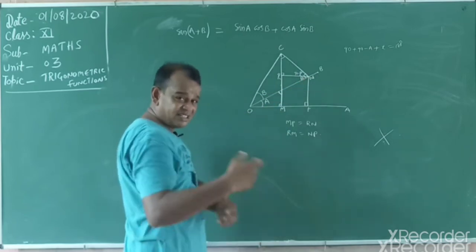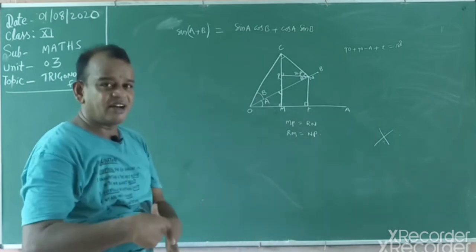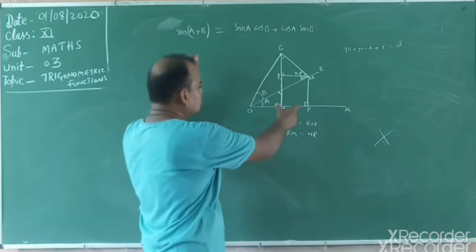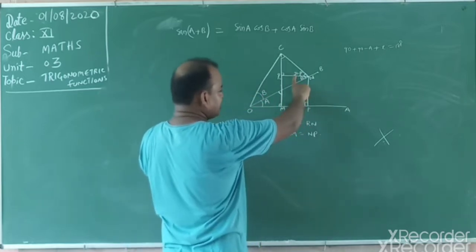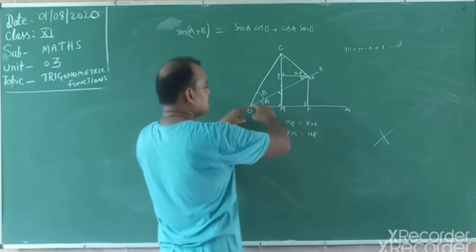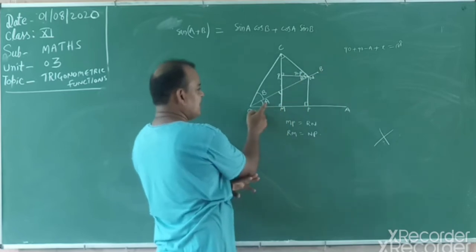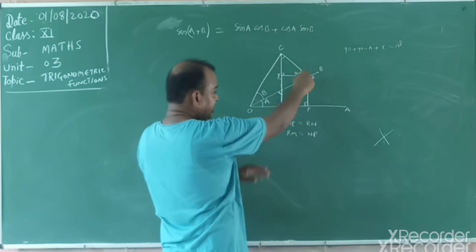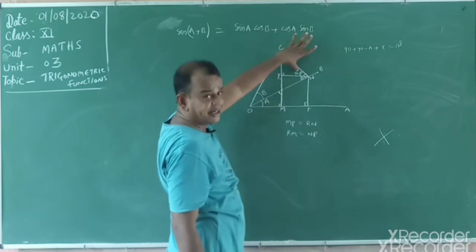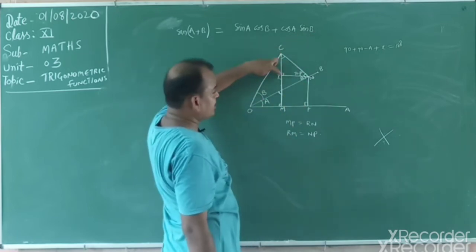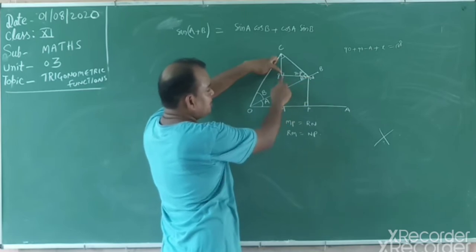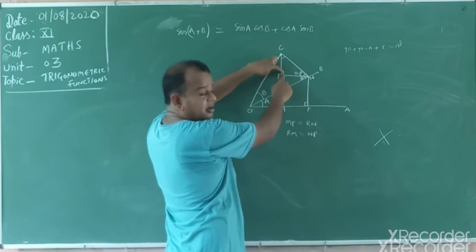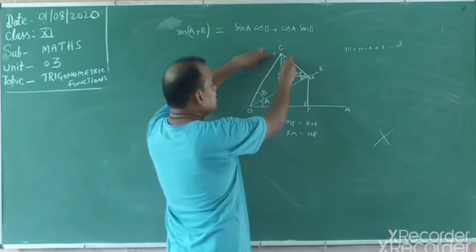First think about the figure, after that we will do it easily. These two lines are parallel lines, 100%. This is the transversal line. This is A, this is 100% A. This total angle here is 90 degrees, 100%. This is 90 minus A. This is 100% 90 degrees. We draw the perpendicular from here to here, so this is 90 degrees. 90 minus A, this is 90. Now this is 100% A.